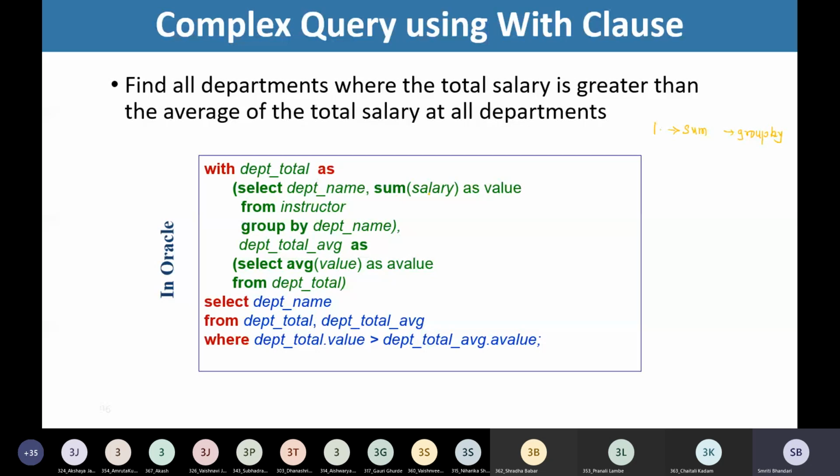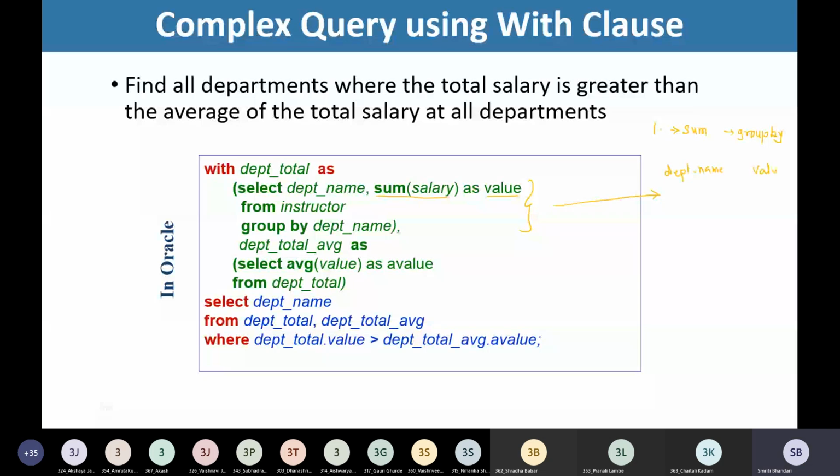See here, select department name, sum of salary. This attribute is being renamed as value, from instructor, group by department name. So this particular statement will give us this first part. What will we get?